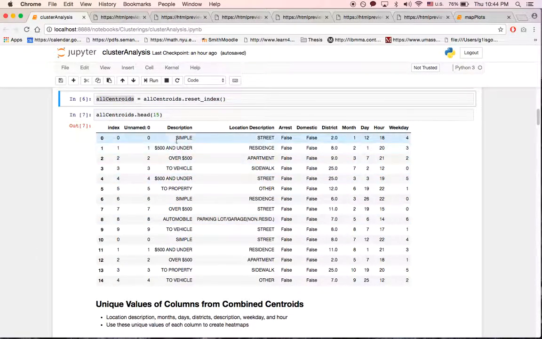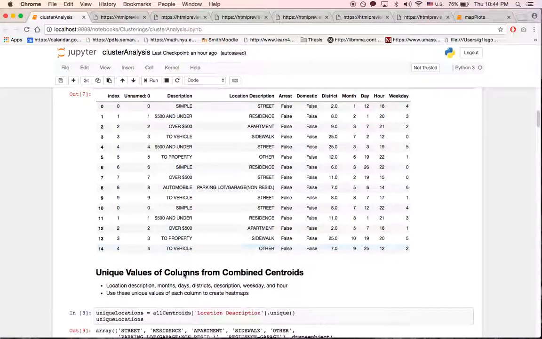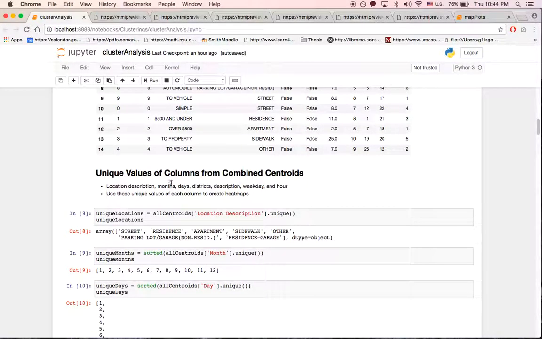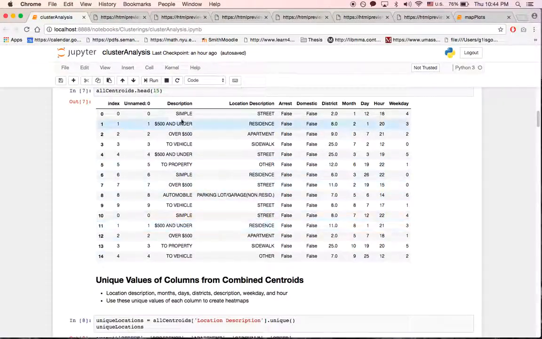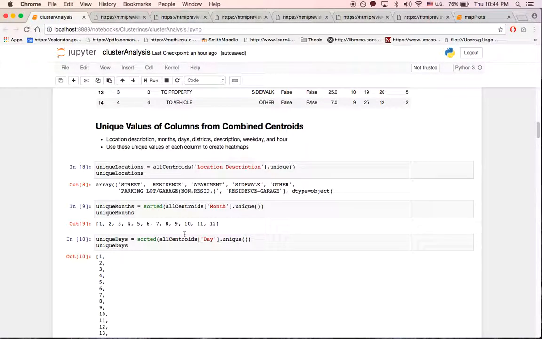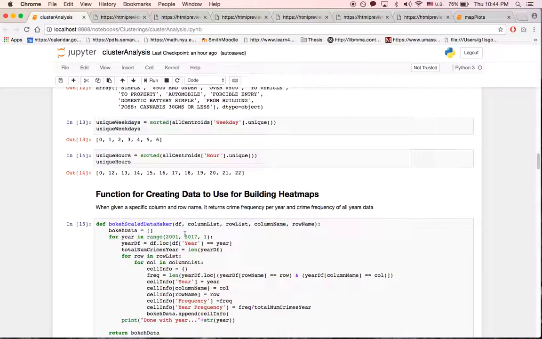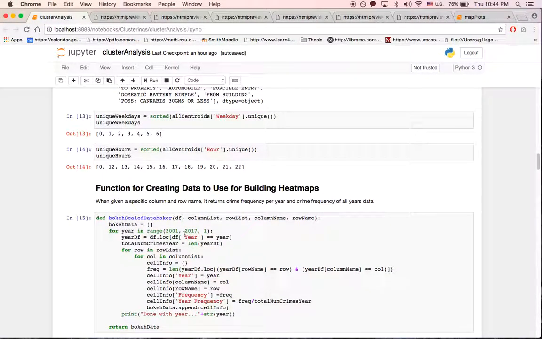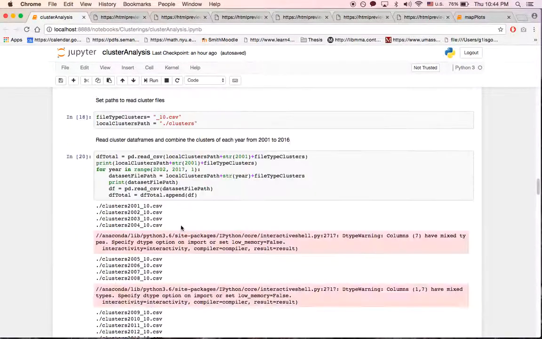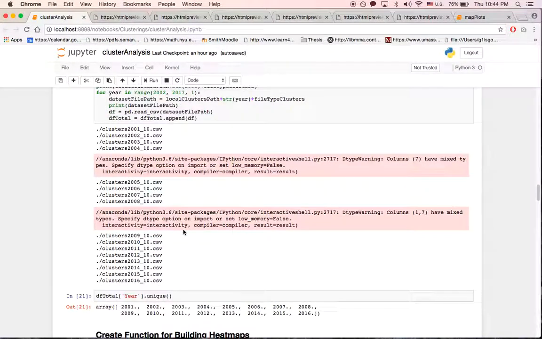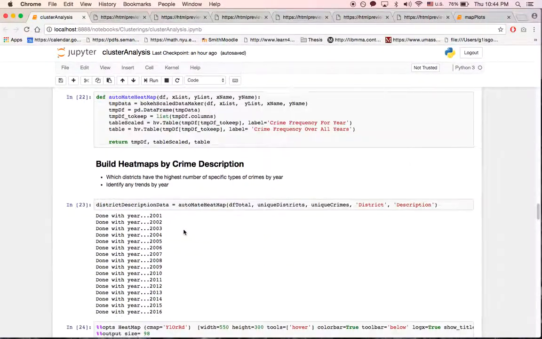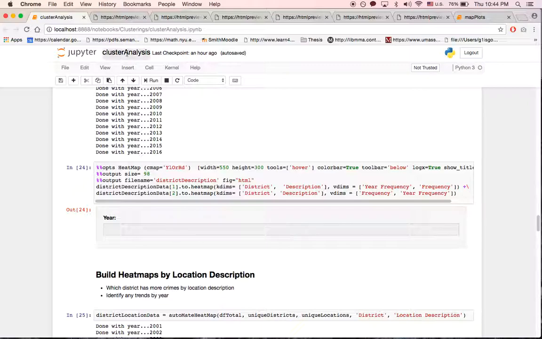It lists the most important labels for each centroid, for each cluster, and then we get the unique values from each attribute of all the centroids from all the years. And then what we do is use Bokeh. Well, actually, it's HoloViews that extends Bokeh, and we use that to create a lot of heat maps in order to understand